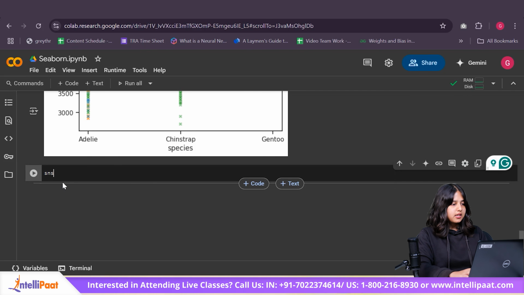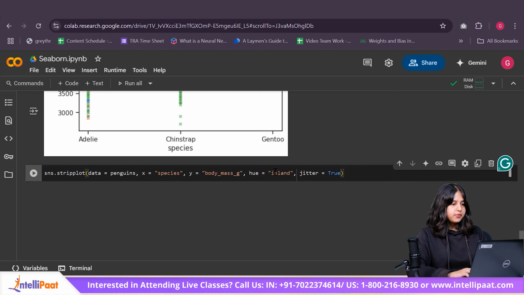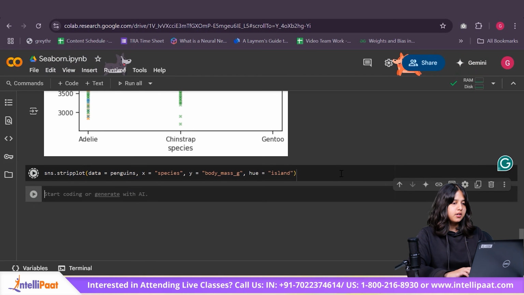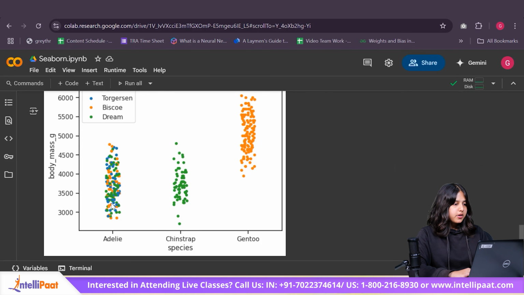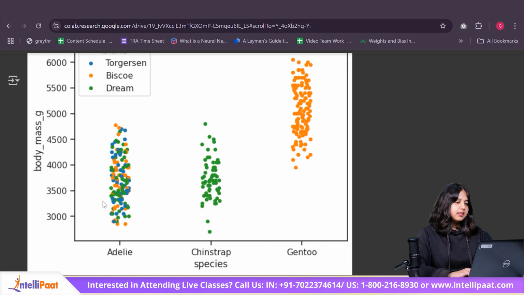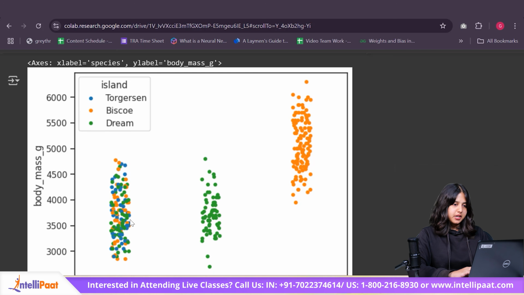So another plot that we have that is similar to scatter plot is known as strip plot. And I'm going to do the same thing over here. I'm going to pass my hue as island, and what I'm going to do is I'm going to say jitter equal to true. Okay, let me not do that for now. If I just run it, so now as you can see, my data points are somewhat more scattered, and this plot is giving me a somewhat better representation of my data spread, right?